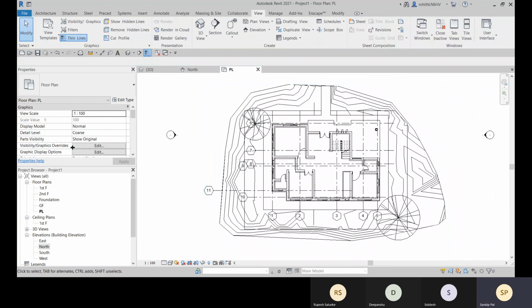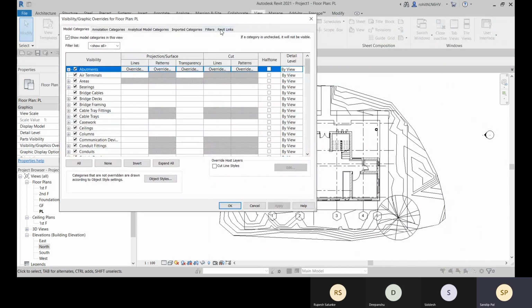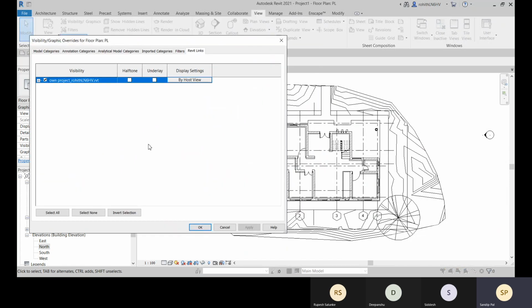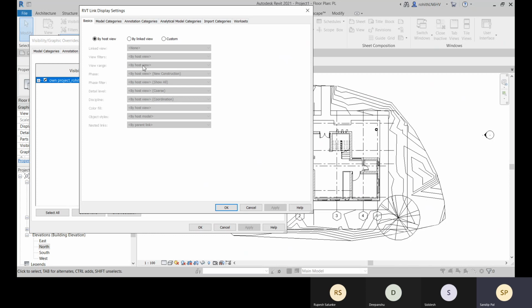Now you can go to the visibility graphics, edit, and here you have this Revit link. If you want to make any changes in the visibility of this link file, come to this visibility graphics and Revit link. VG or VV is the shortcut for visibility graphics. Remember that. Come to this Revit link, click on this by host view.